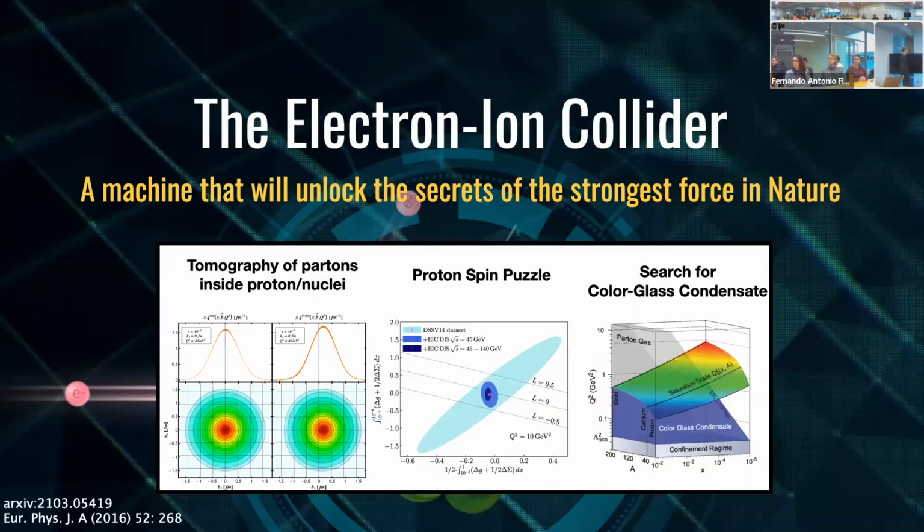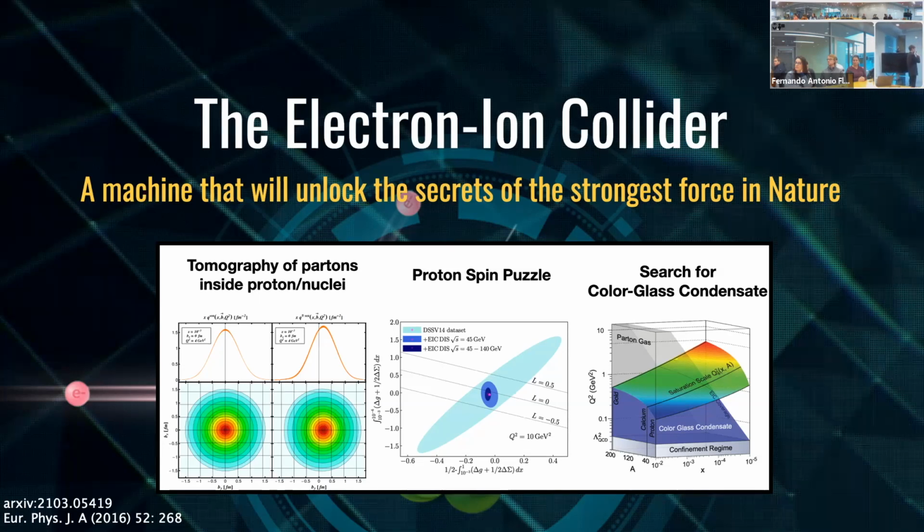So some of the questions that this promises to answer are things like doing detailed tomography of where the protons are inside the nuclei, so we'll understand the nuclei's structure much better. We can also answer questions, for example, about the nature of the proton spin. So there's a lot of questions about how the proton has a spin of 1/2 when the individual constituents inside of it have spins of 1/2 or 1 as well, right? So how do they add together to somehow always make it 1/2?